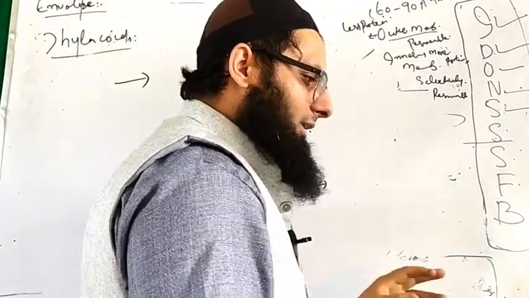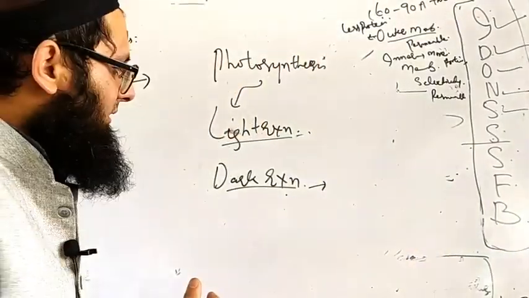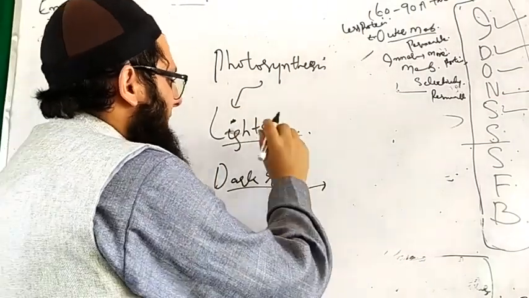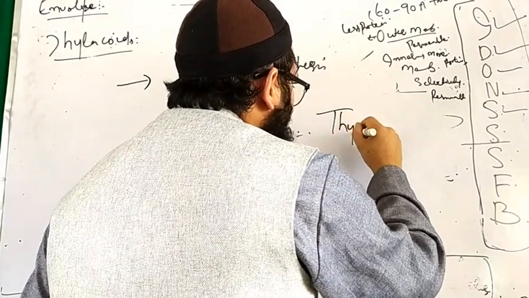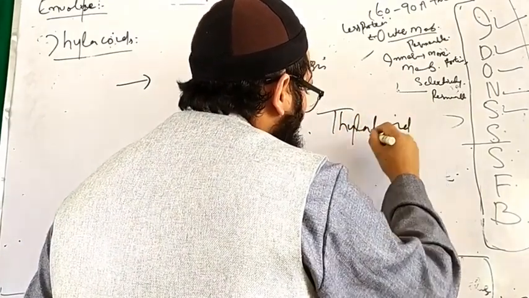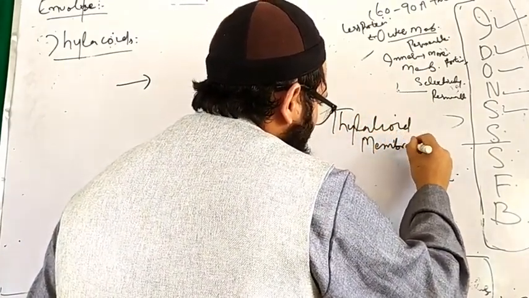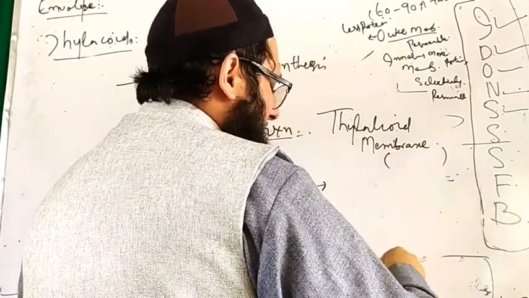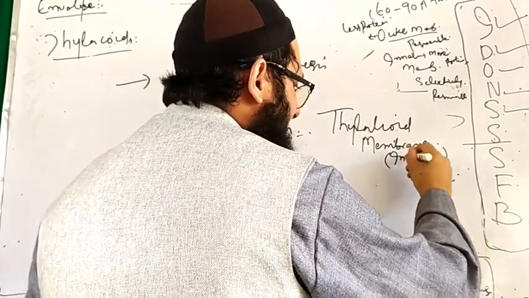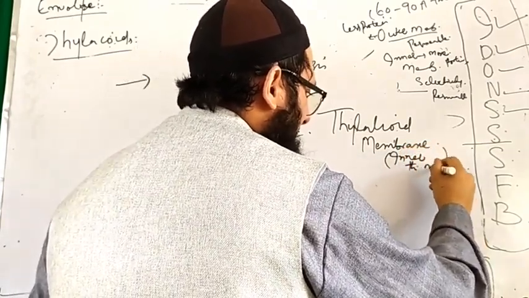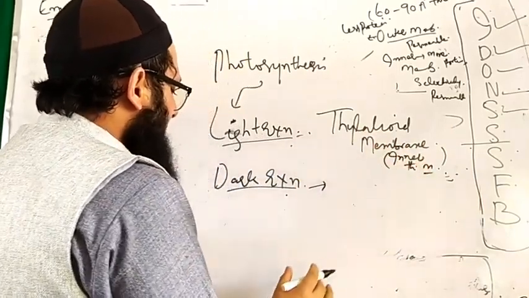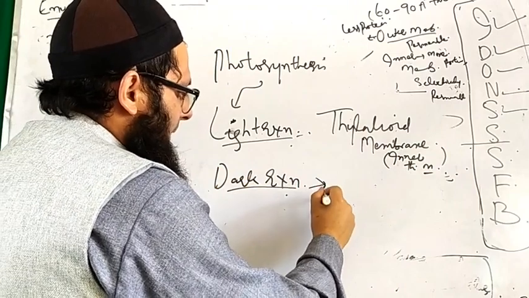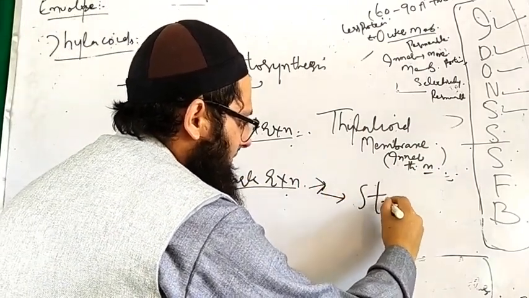But what is actually asked, as far as your chloroplast is concerned, is a question that is definitely posed in the examination: where does the light reaction take place? It is actually the thylakoid membrane. If we go down into the finest detail, we can say it is the inner thylakoid membrane where the light reaction takes place. However, the dark reaction actually takes place in the stroma.